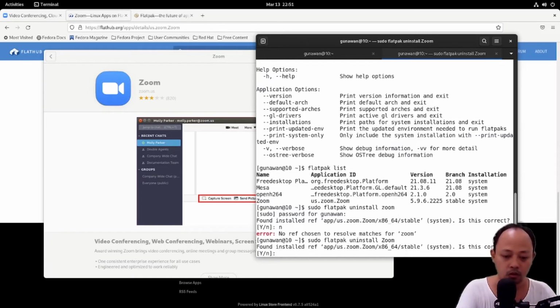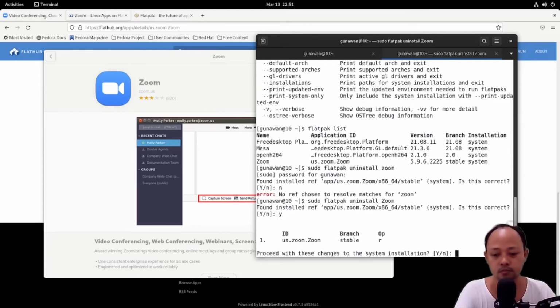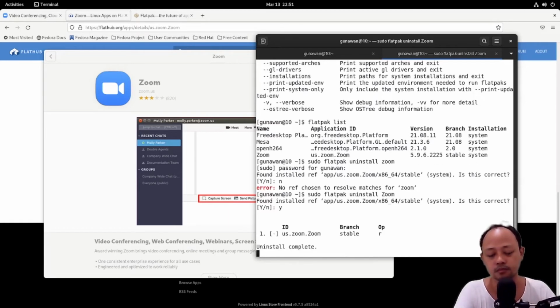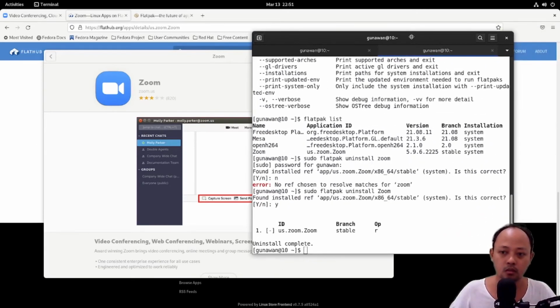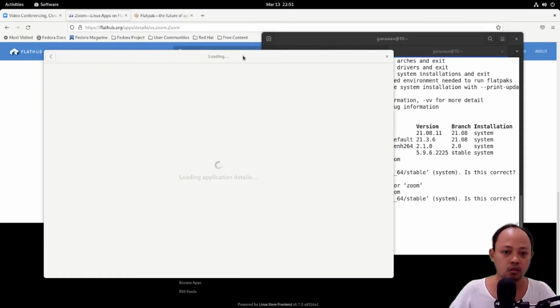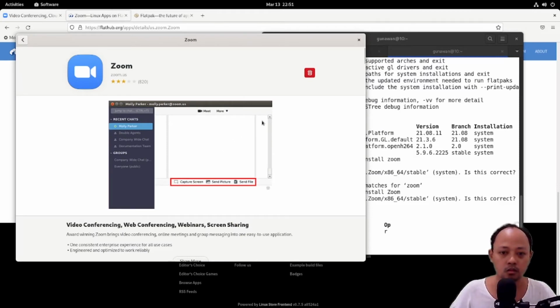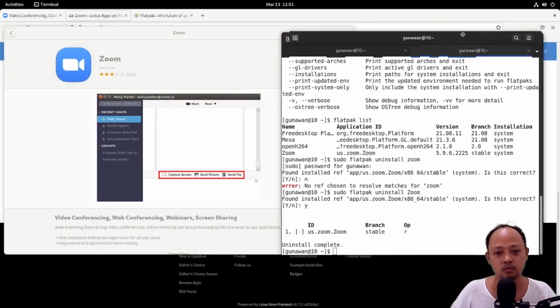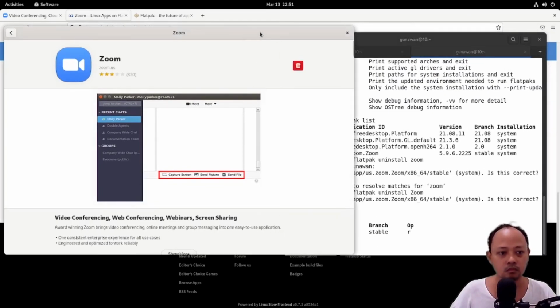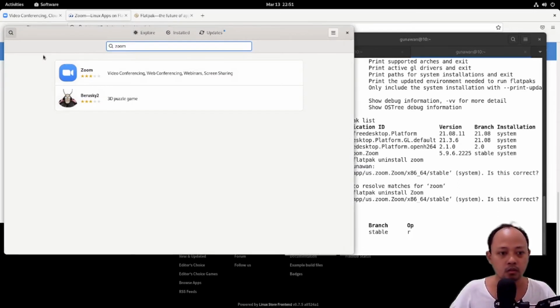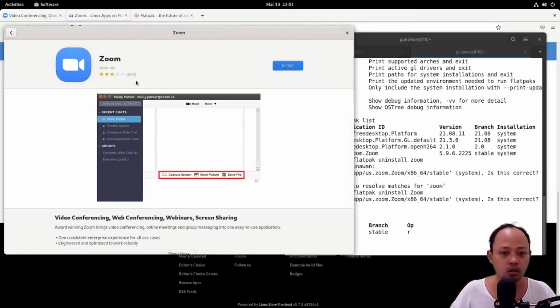I will type yes. Proceed with these changes to the system installation, yes. Uninstall complete. The software manager is reloading. Wait, I will try to reload.